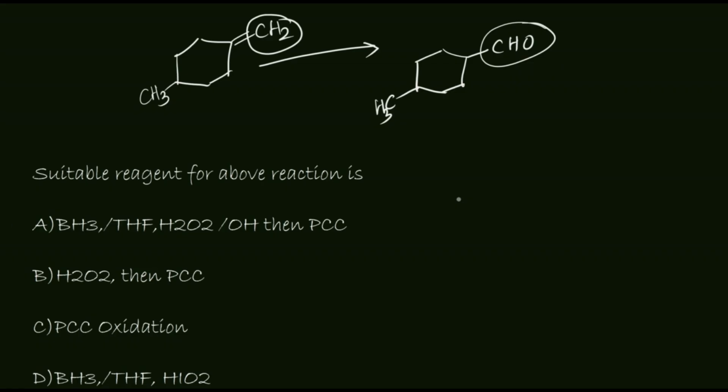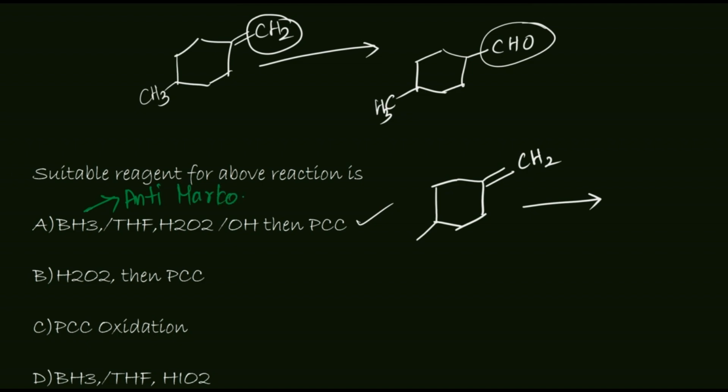Let's take the first one, option A, that is hydroboration followed by oxidation with PCC. The second one is H2O2, then PCC. The third one is PCC only. Then we are doing the addition. This is more similar to the first one. Let me show you how. For the first one, I have CH2. First, what will happen? Hydroboration will give the anti-Markovnikov product,